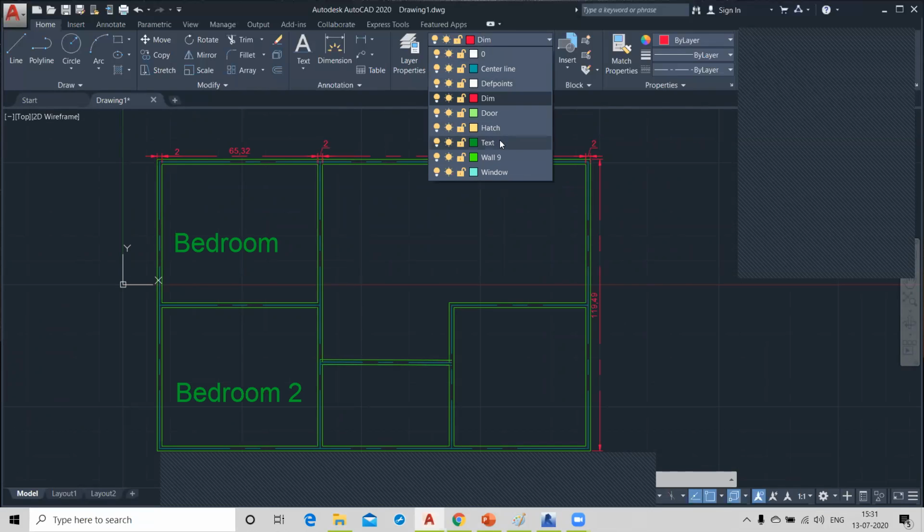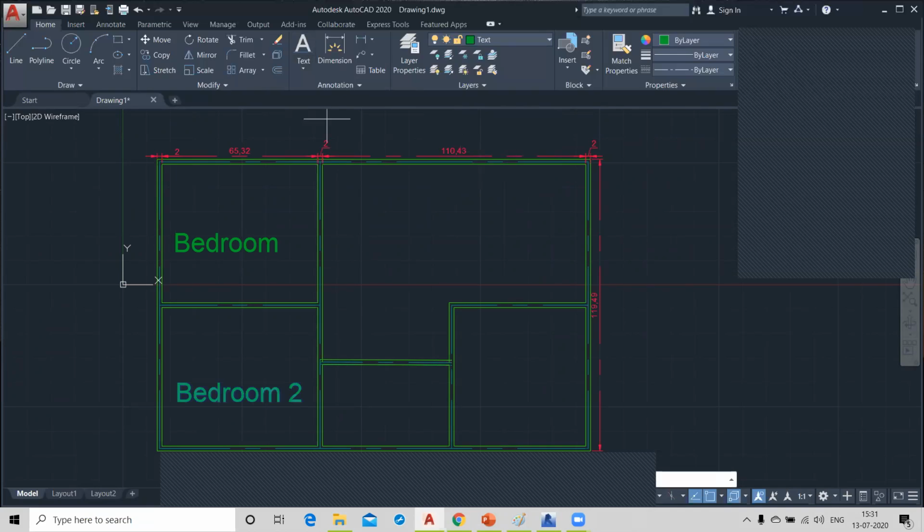After that you take your command and place it here. Like this. Text. Like this. Right?